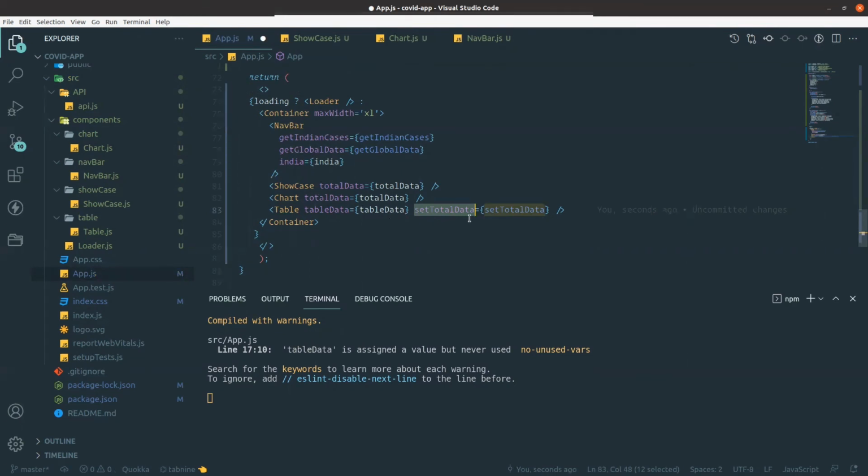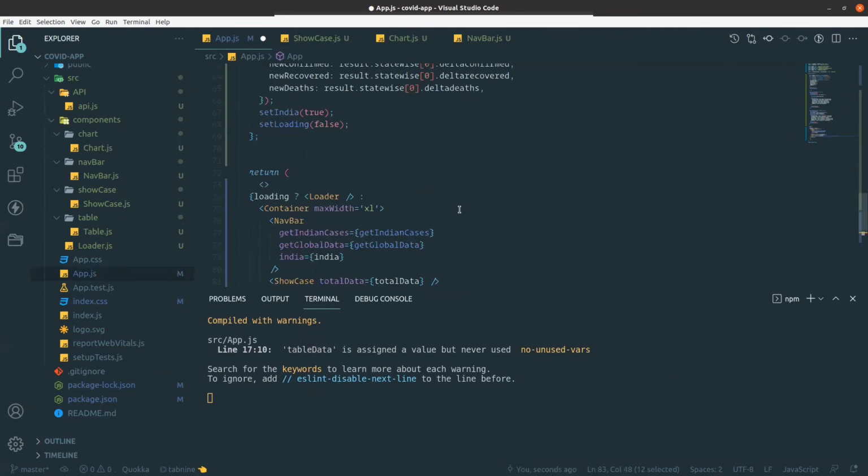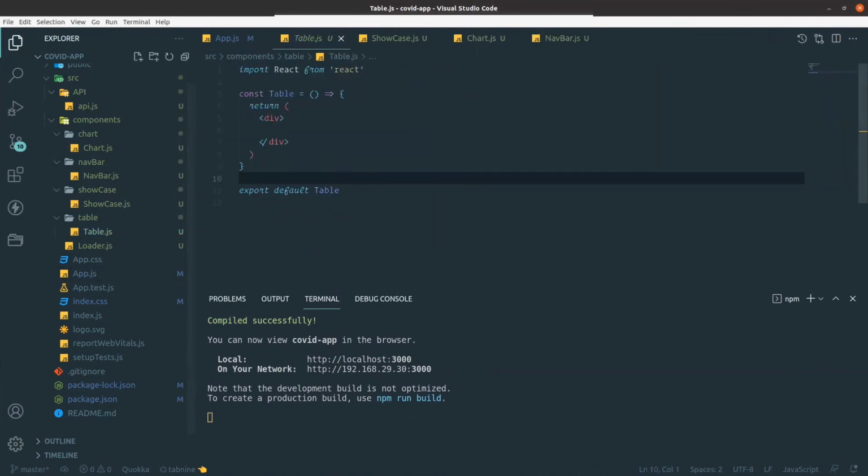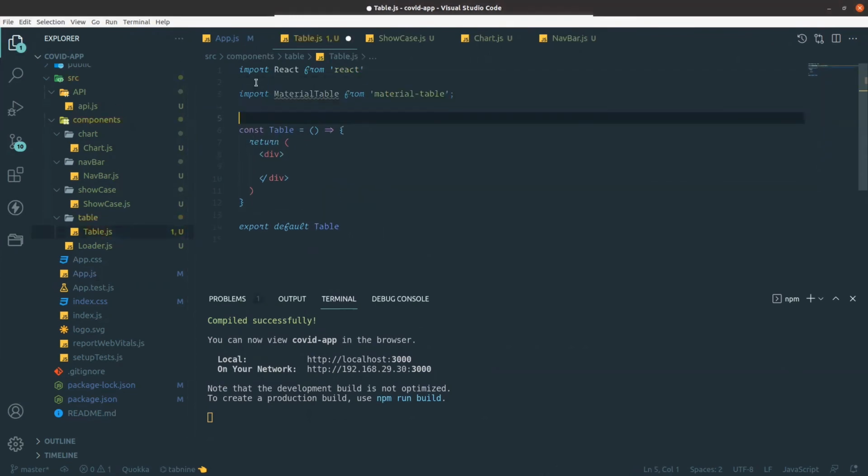So for that I need this set total data also, because I need to change the total data state depending on that plus button click. So let's see. Go back to the table.js file. In this table.js I also need some UI props, that material table I need from Material UI, and also some components, okay, that's not needed.